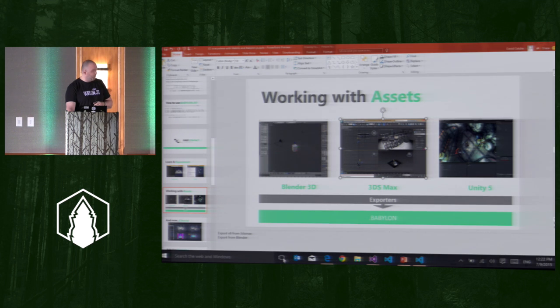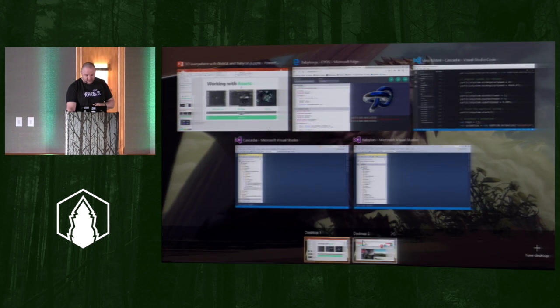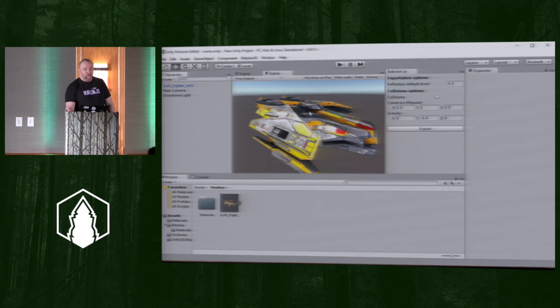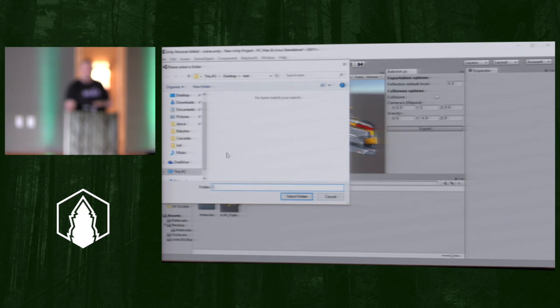You can even deal with, let's go here, Unity 5. So this is Unity 5. I just bought this wonderful spaceship on the Unity store. That's interesting if you're a developer and you don't have a 3D designer with you. You can buy content on the Unity store. There are a lot of them. This one is free, so buying for free is interesting. And you can just use the Babylon.js exporter here to just generate for you